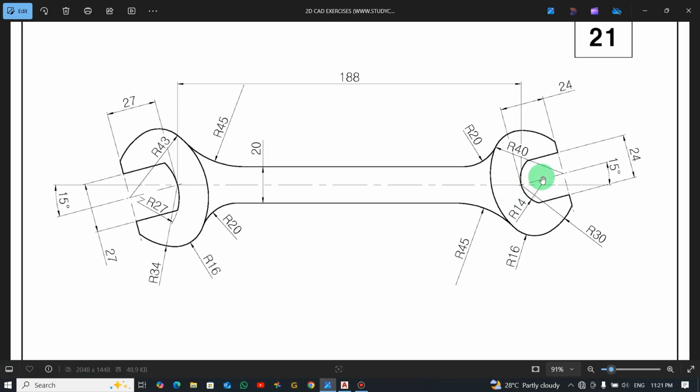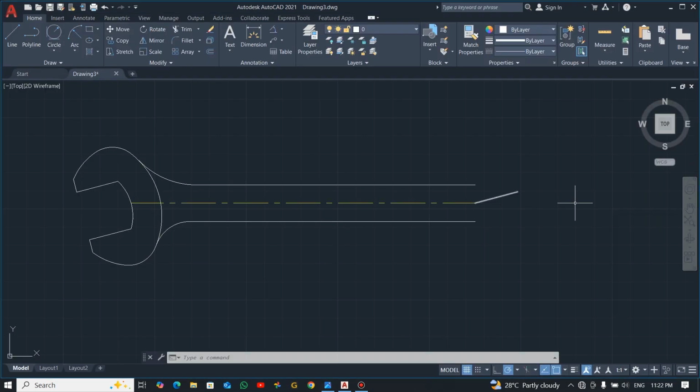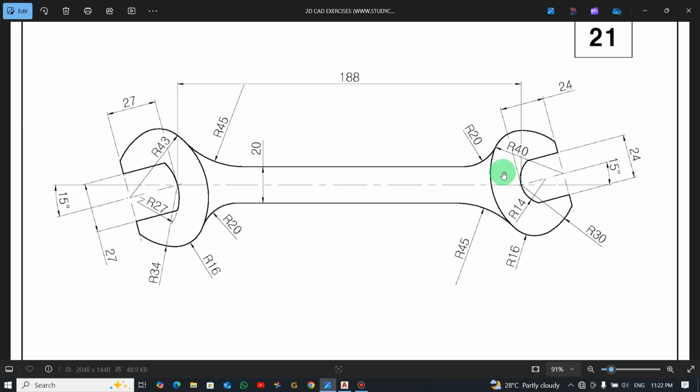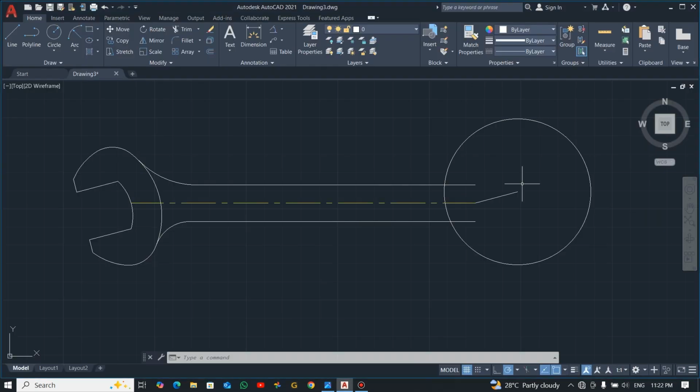Alright, so from this place you can see, let's draw this arc. If you look at this arc, this outer arc, it's having a radius of 40. That is this one at the end here. So just pick center radius from here, radius of 40. Good. Now also this part, this down here, is having a radius of 30. That is from this place, so